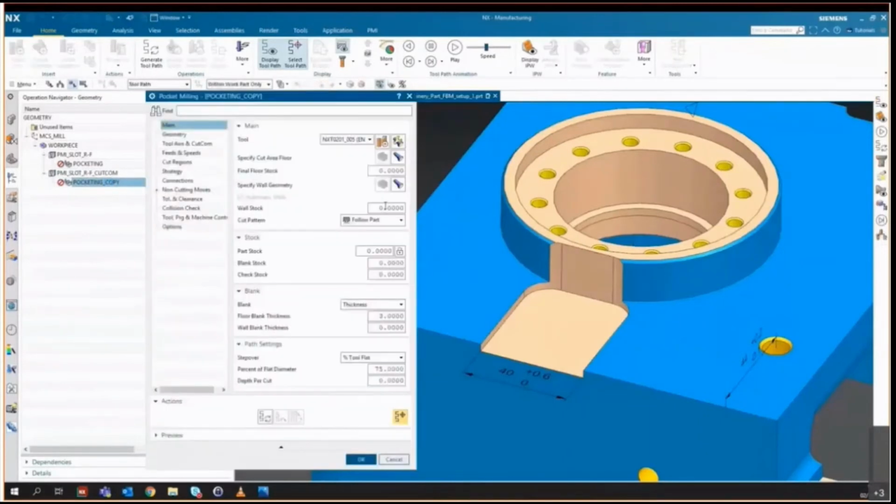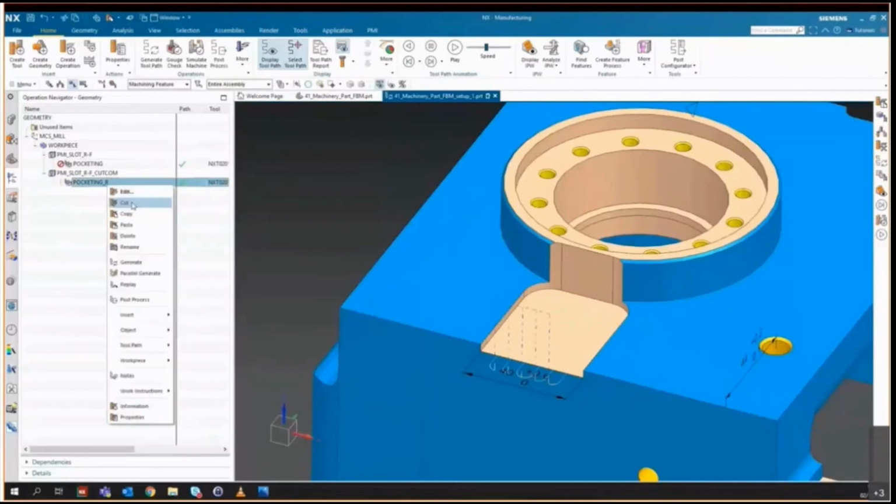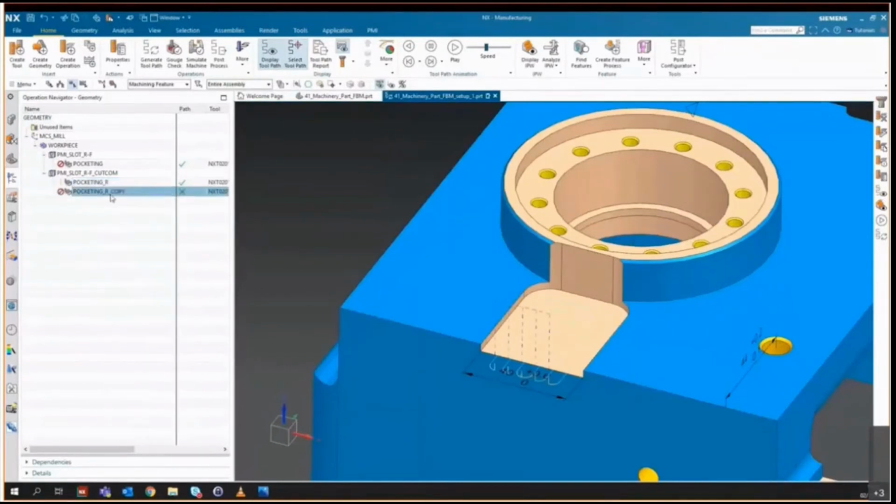And this time I'm going to leave some stock because I want to break it into two operations. If I was machining this, I would want to run the finish path a couple of times to ensure that we get into size. So what I'll do is change the parameters in the roughing operation to leave 0.5 mil material on the walls. And then what I'm going to do again, a nice feature in NX, is to copy and paste that operation, rename it as F for finishing.